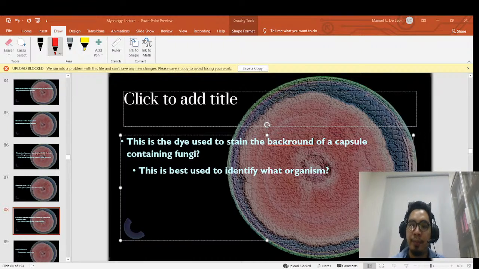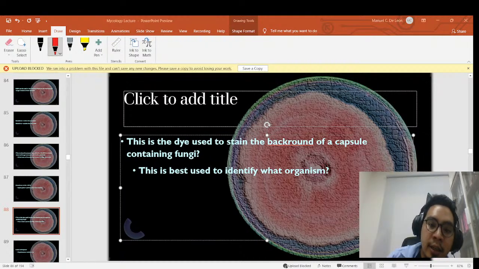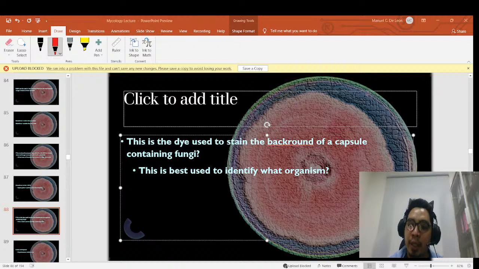Usually they present these questions in different answers, so you might not be able to recognize it. One of the things that I try to do for students is that I also provide them with other names so they're familiar with it. Another name for India ink. She is correct. Wonderful. Thank you, Ronalisa.